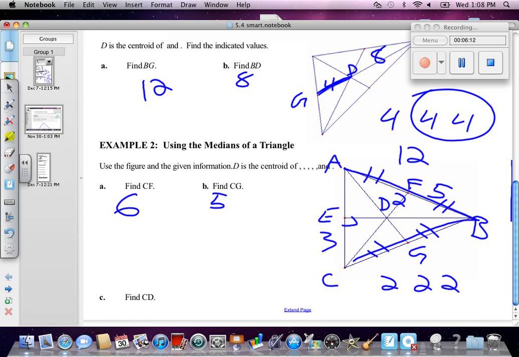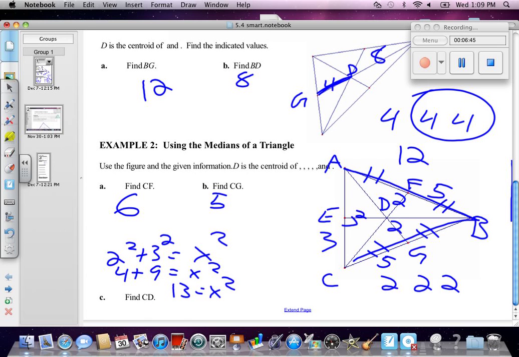What is CD? 4. You know that this is 2. You know that this is 5. Or you know that this is 3 and this is 2. So 2 squared plus 3 squared equals x squared. So 4 plus 9 equals x squared. 9, 10, 11, 12, 13 equals x squared. So the answer